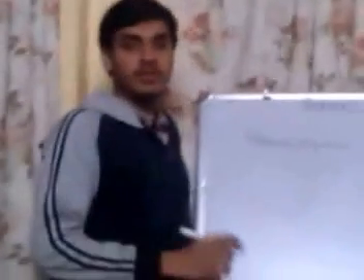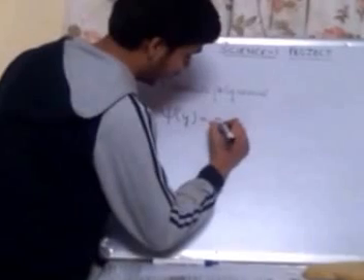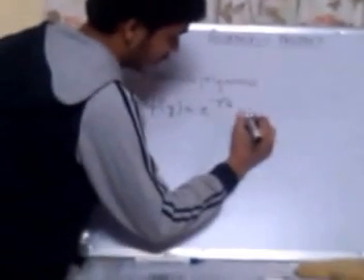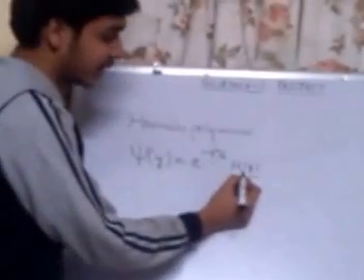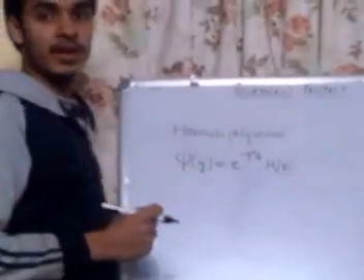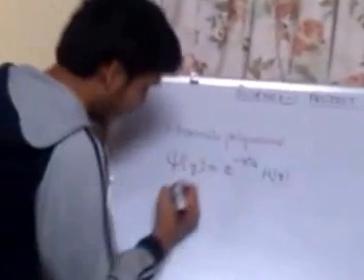The use of the Hermite polynomials basically comes from the solution of the harmonic oscillations. Every solution of the harmonic oscillation is of the form e raised to power minus y square by 2 into Hn of y. And this quantity is called Hermite polynomials, which is a function of y, and here n will determine the truncation factor. Depending upon the value of n, we will get different forms of Hermite polynomials, which is known as Hermite series. Let us take a few examples.